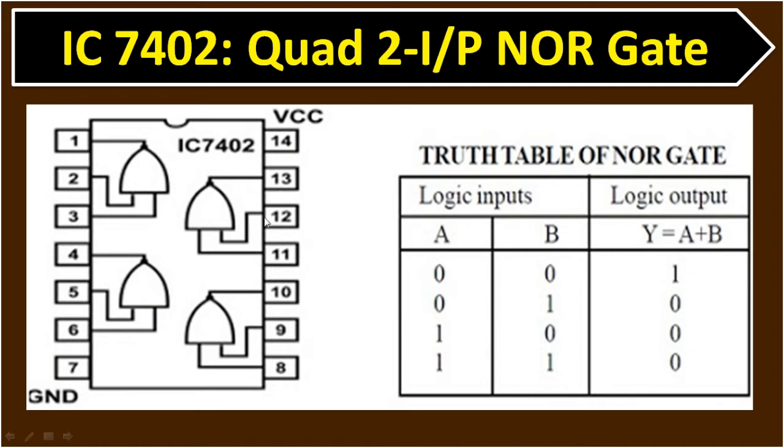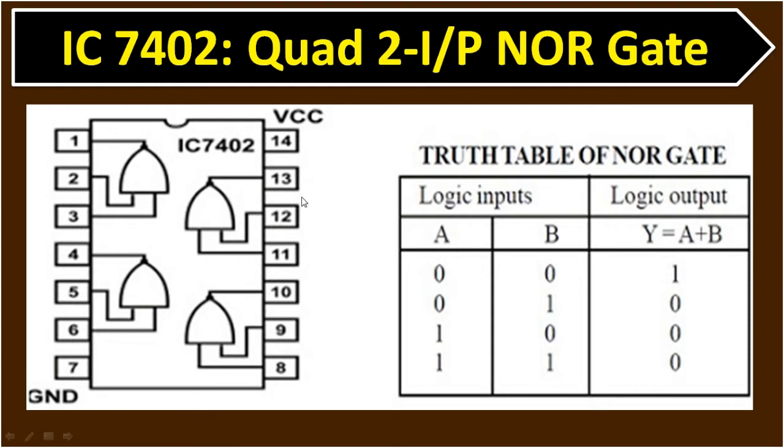Okay, so as we have seen the truth table of the NOR gate, here you can see if any one input is logic 1, then the output will become 0, and if all the inputs are 0, then and only then the output of the NOR gate will become 1. Okay, so let us see the practical simulation of the NOR gate.